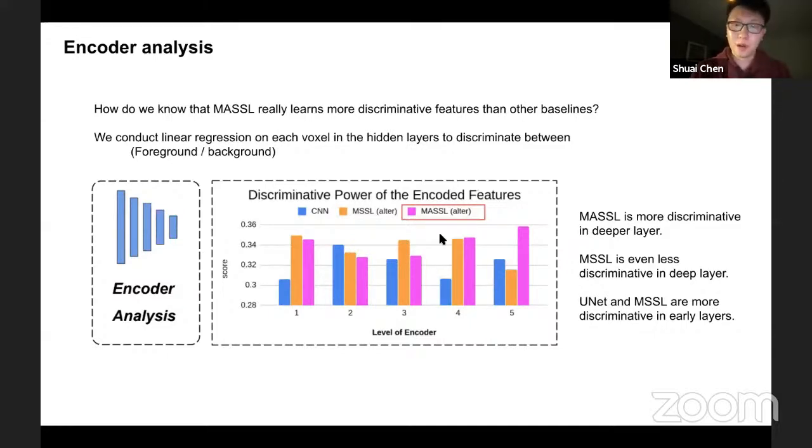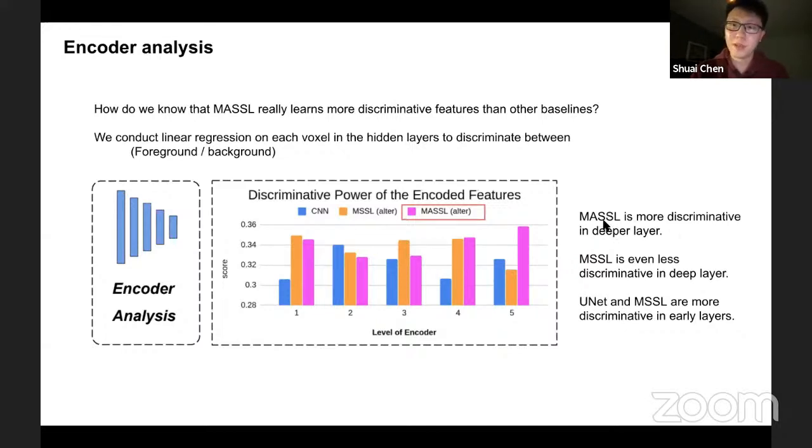And in our method, we can see that even with the deepest layer, it's still doing the segmentation. So it can still distinguish between foreground and background. That means we are really making use of the full power of all the layers in the encoder to help segmentation. We can get 3 small conclusions from that.